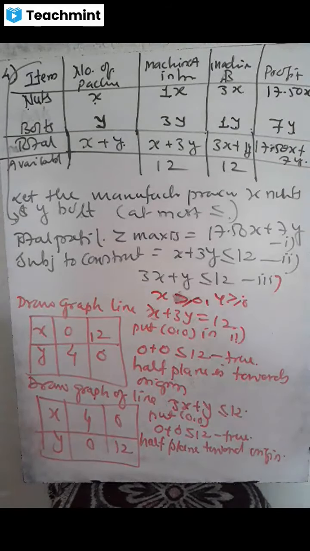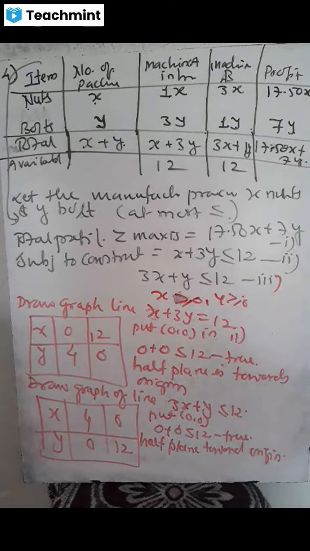So after getting the table there, then we will plot the graph. We will get the lines like this. So both the half planes are towards the origin, so this will be the shaded portion. If you mark the corner points, here O is 0, 0, this and this. If you draw a perpendicular, this is having 3, 3. So now on solving these two equations again, we are getting the value here. We will make it 3y and y, so multiplied by 3 and getting x as 3, y as 3.